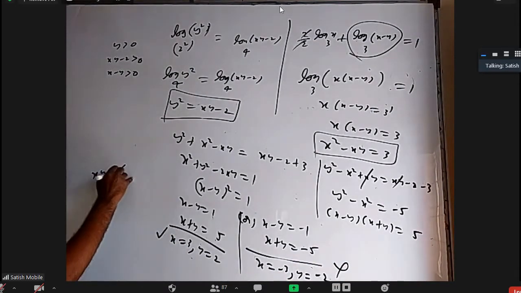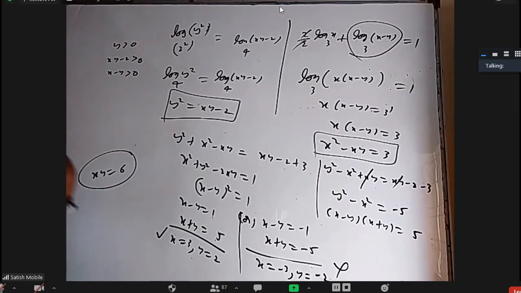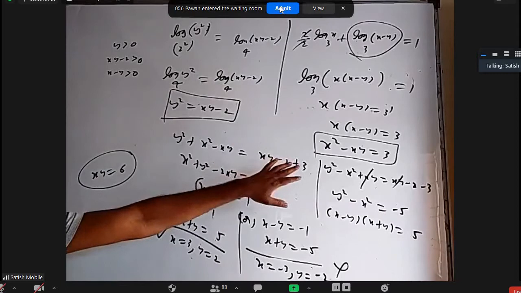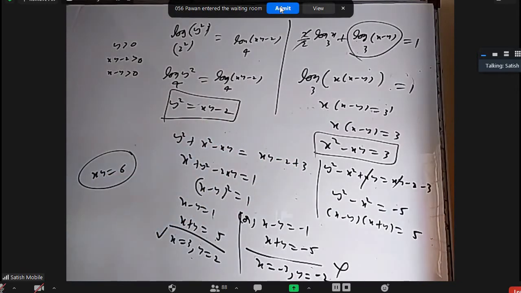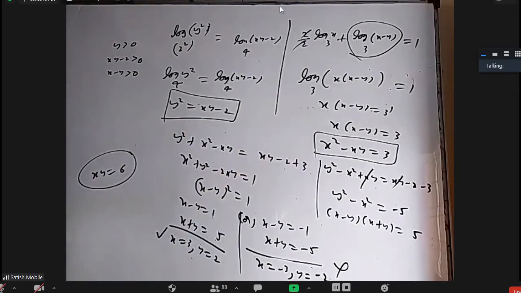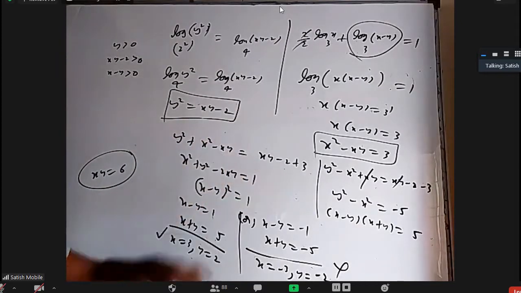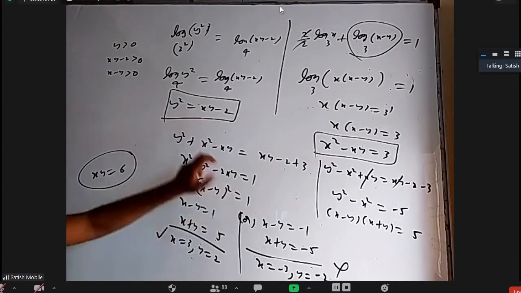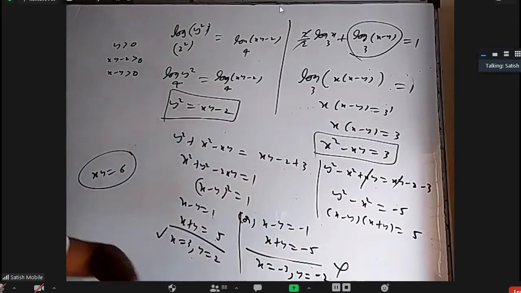Now x into y is equal to 6. Okay, simple algebraic expression only, but just get an idea of how to eliminate and things like that. In fact, I can divide these two also. You bring this xy to this side and divide, you'll get a relation between y and x, and you substitute that back, you'll get a quadratic equation. I added these two here, subtracted these two here, but somebody can divide these two. Bring this xy and divide.